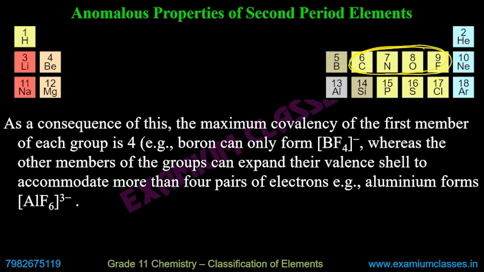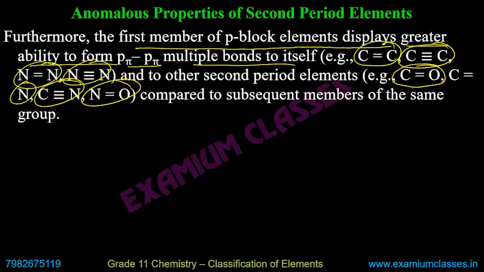So the first bond is always called a sigma bond. The other bonds, second and third, are called pi bonds. So you need to just remember the names also. So the first bond formed is a sigma bond. These two are called pi bonds. Now these pi bonds are formed by p orbitals. How these are formed by p orbitals, we will be talking about in chemical bonding. That's why these are known as p pi multiple